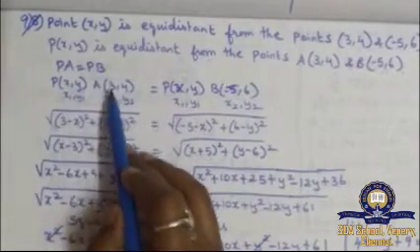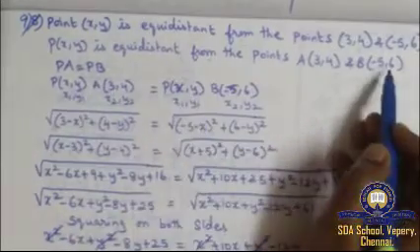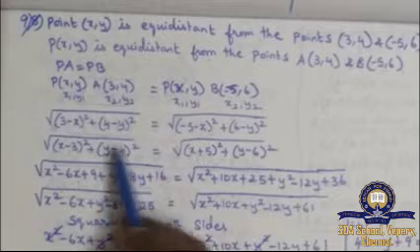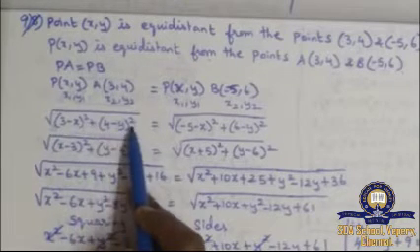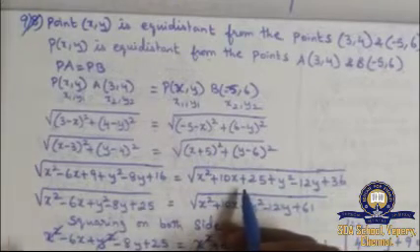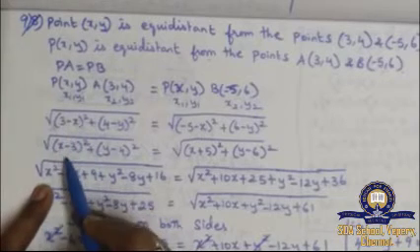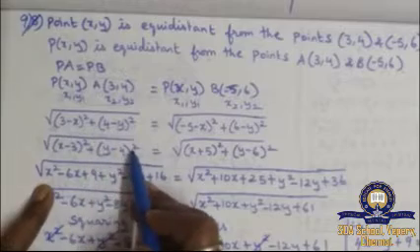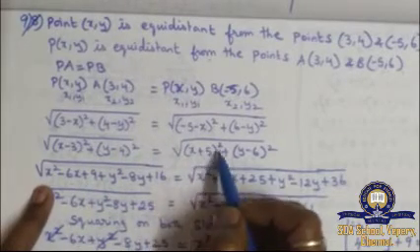P is x comma y. A is 3 comma 4. Same way P is x comma y. B is minus 5 comma 6. These two steps you all know no? How to find out x2 minus x1 the whole square plus y2 minus y1 the whole square. With the same procedure I have followed this up to this. Here a minus b the whole square. Here I have changed and wrote x minus 3 the whole square. Same way y minus 4 the whole square. Here x minus minus 5, if it comes to plus 5, the whole square.